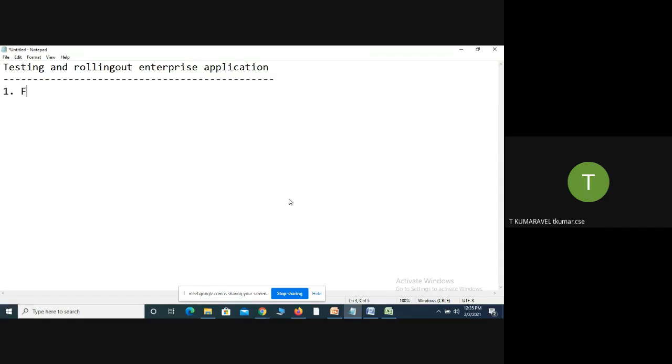The first one is called functional testing, the second is non-functional testing, the third is white box testing, and the fourth is black box testing.